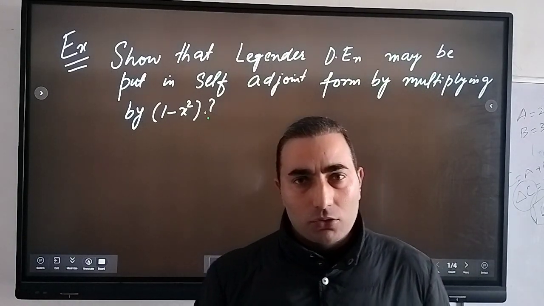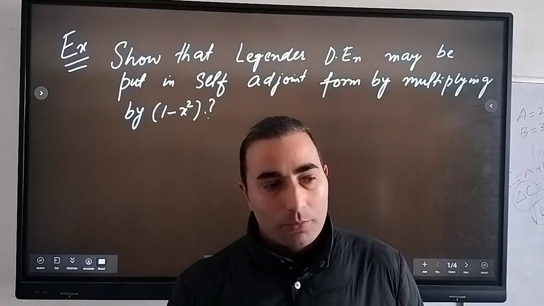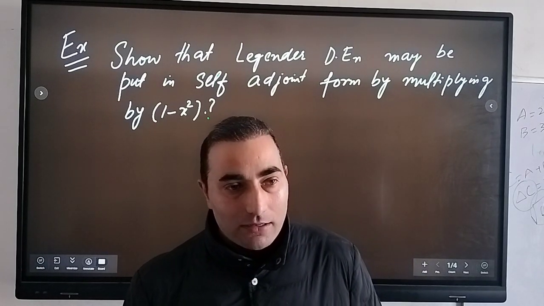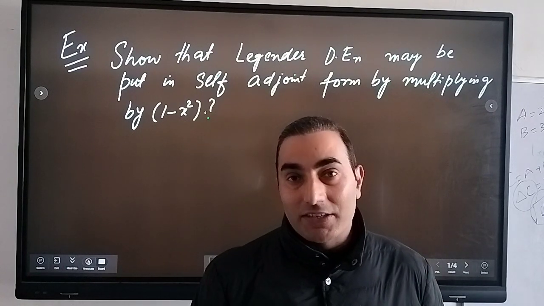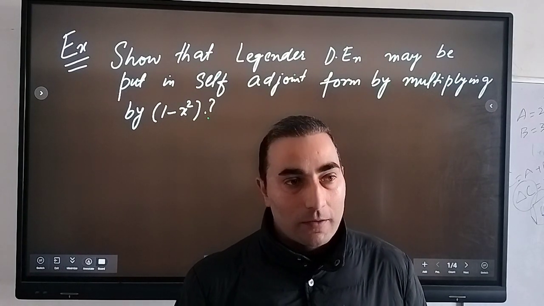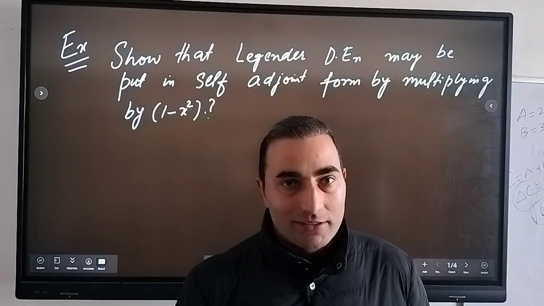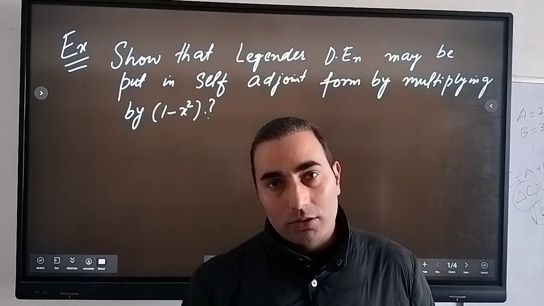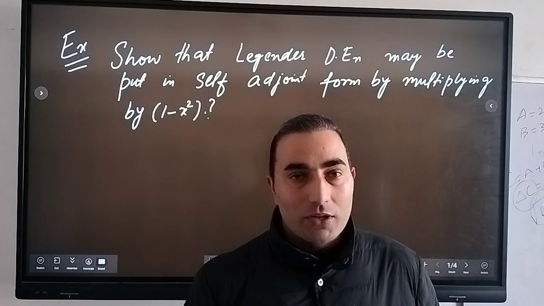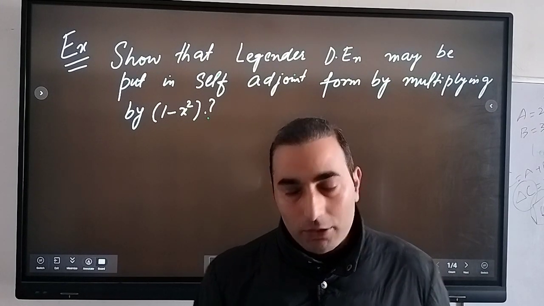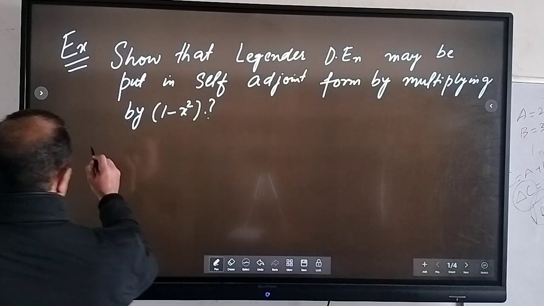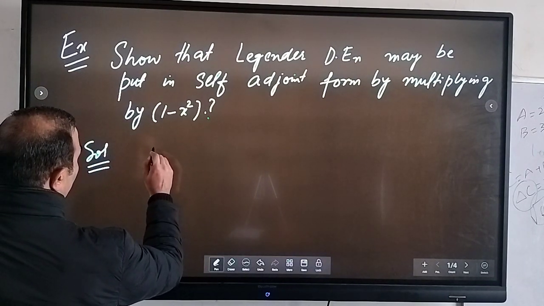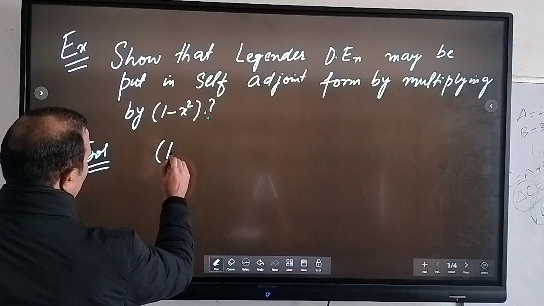Before that, we have different types of homogeneous second order differential equations, and the condition for self-adjointness is that the derivative of the coefficient of the second derivative should be equal to the coefficient of the first derivative. If you remember, our differential equation, this Legendre differential equation, is 1 minus x squared,